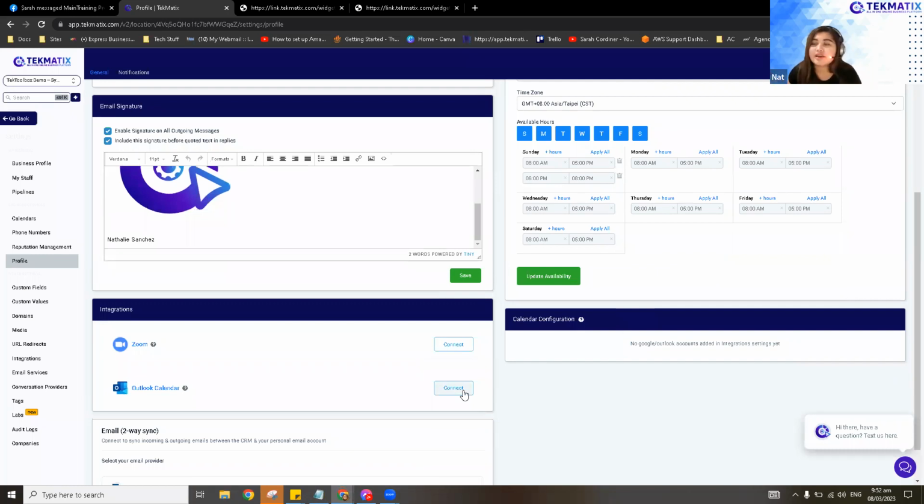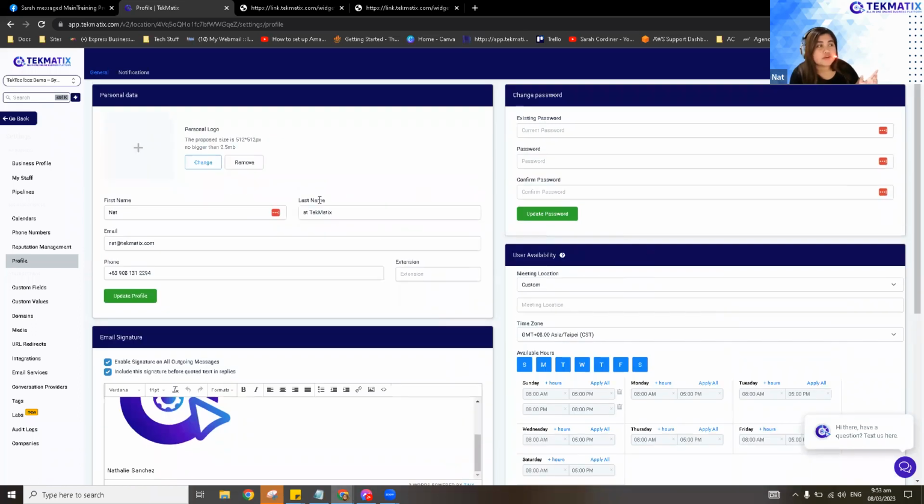Again, it's a 5 second process and it will automatically populate to your account. So all of your bookings will go to your Outlook calendar if you connect Outlook, and to your Google calendar if you connect Google calendar. So that's what will happen. We will just leave this as is for now.